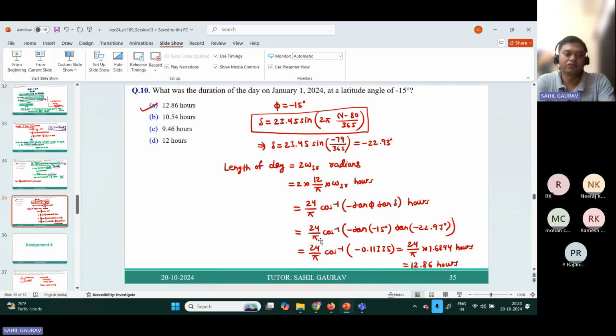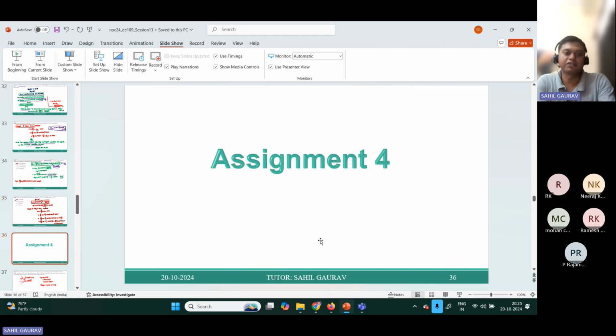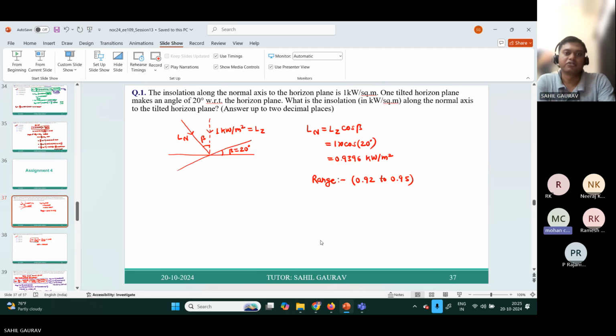Now we are coming to assignment number 4. In assignment 4, again we deal with insolation on a tilted flat plane. First we see the estimation of solar energy on a tilted horizon for a flat plane. So the first problem from this assignment 4 is